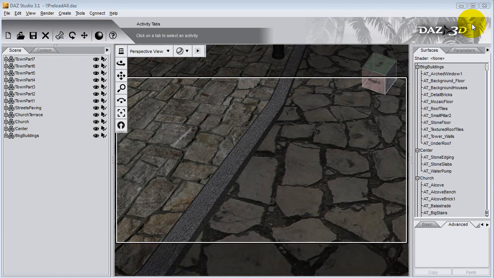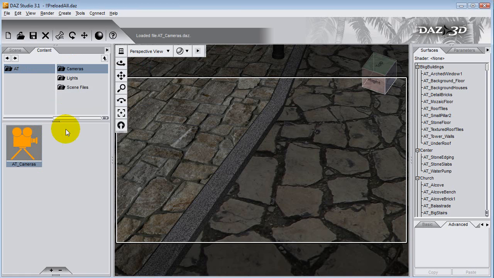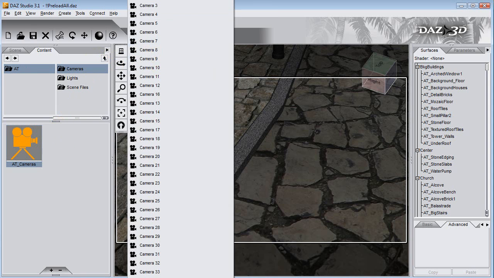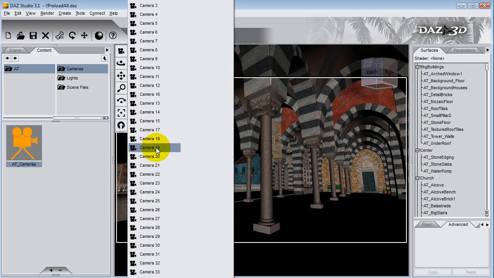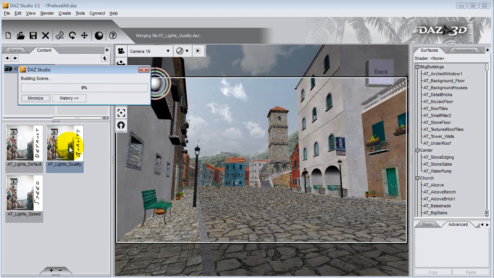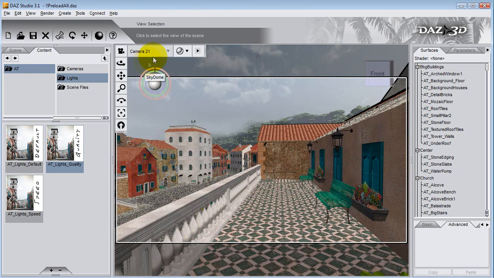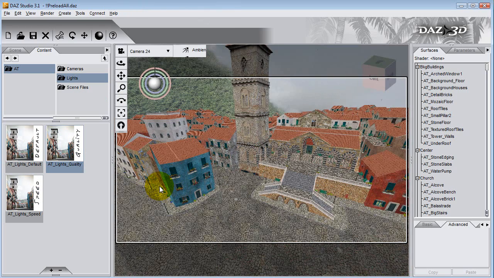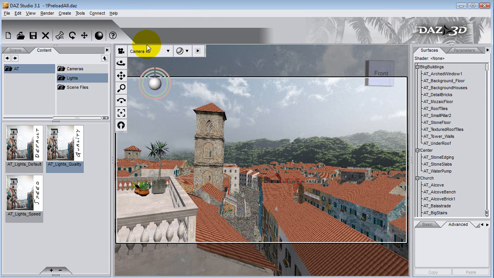So this prop comes with 50 camera presets. You can load them by going to the cameras folder and double clicking on the camera presets, and then you can just select them. And of course you can load the lights. You can see the sky as well in there. And there is one light set in 3 versions coming along this package: default, quality, and speed. So you can select if you want high quality or normal render, or if you want